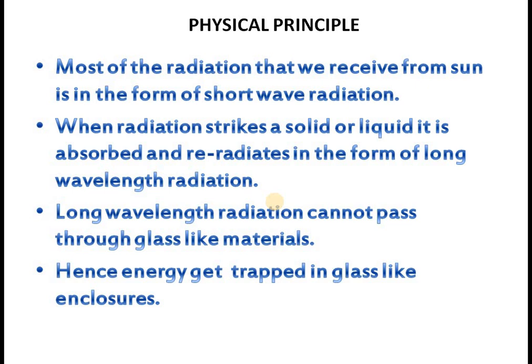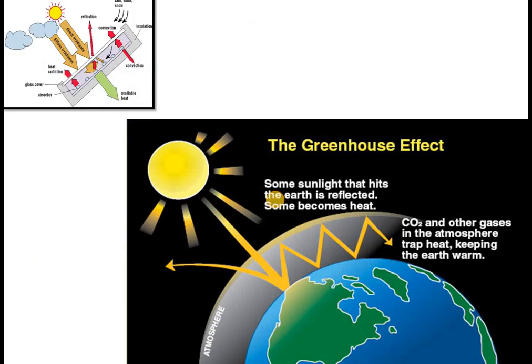So that is why we say that the working principle behind a solar energy collector is nothing but the greenhouse effect. So this is the principle of working of a solar energy collector. Whether it is a point type, a line type, a flat type or a concentrating type, the principle is always the same. So a visual comparison is made between a solar energy collector and the greenhouse effect happening in the Earth's atmosphere. The different gases that lead to the greenhouse effect I have shown you. Please be thorough with the gases.